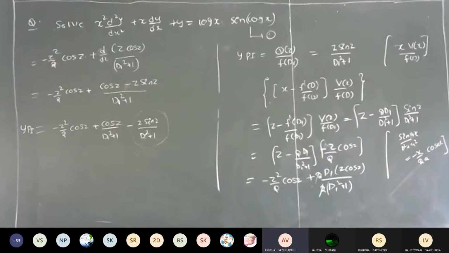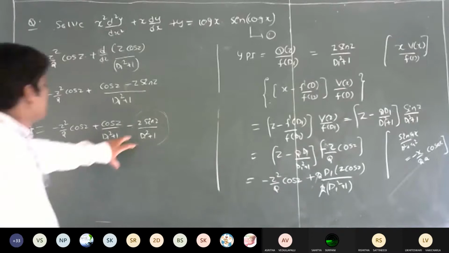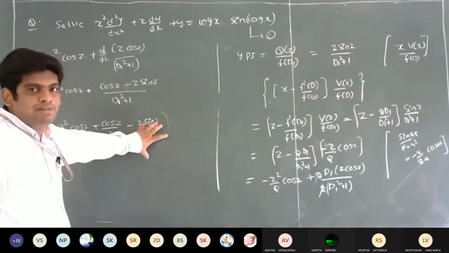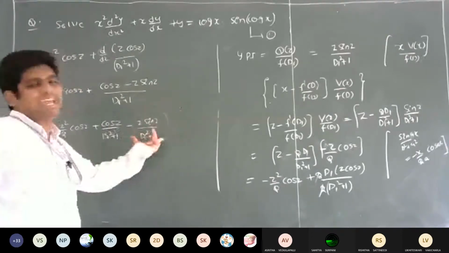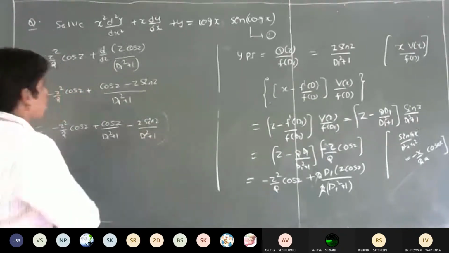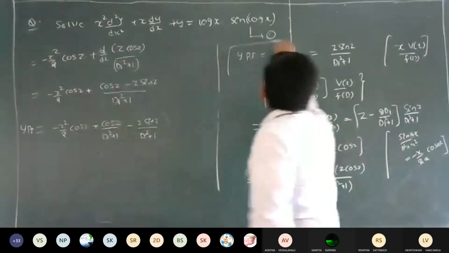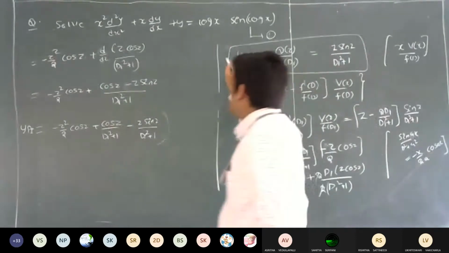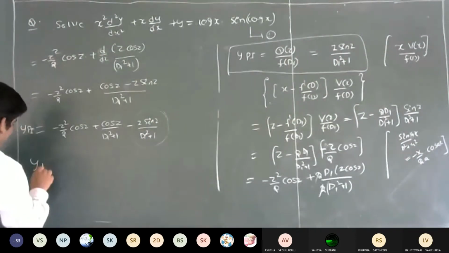YPA, yes, very good. Why? Because suppose if you want to apply the type 5, again you will get the same term. So that means that it is repeated. So as per our assumption, this value is YPA. So it is very very important here. So therefore YPA is